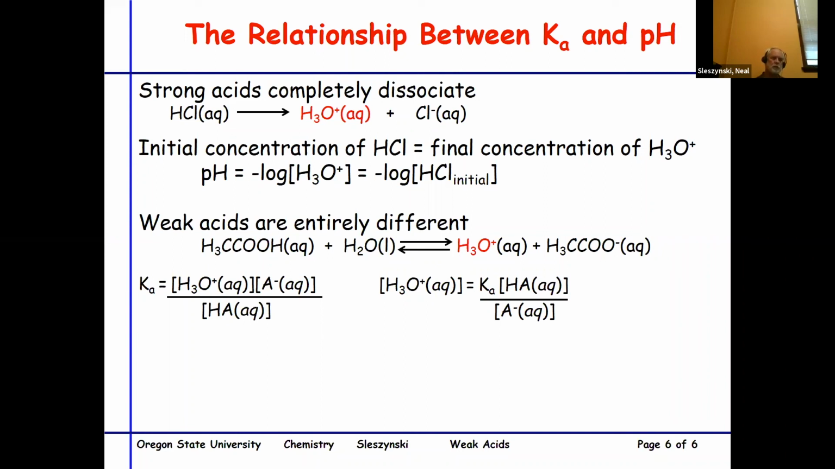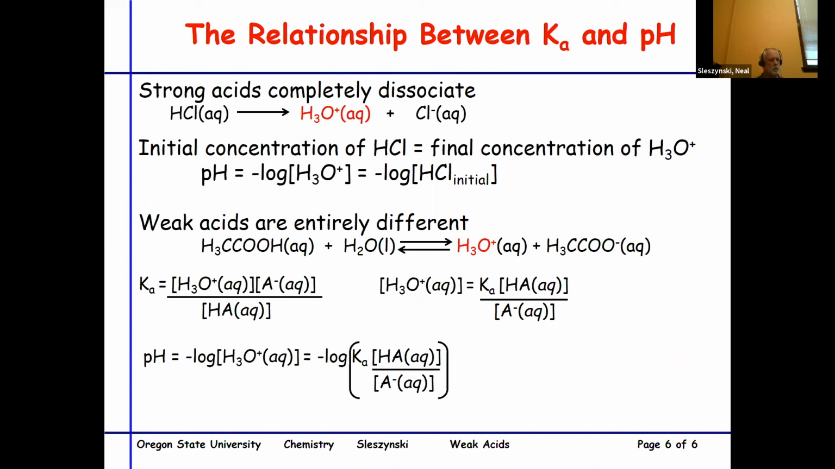Well, if we're trying to find pH from this equation, we know that pH is the negative base 10 log of the hydronium ion concentration. So if I take the negative base 10 log of both sides of this equation, what I end up with is the pH is equal to the negative base 10 log of the hydronium ion concentration, which is in turn equal to the negative base 10 log of the Ka times the ratio of undissociated acid divided by the